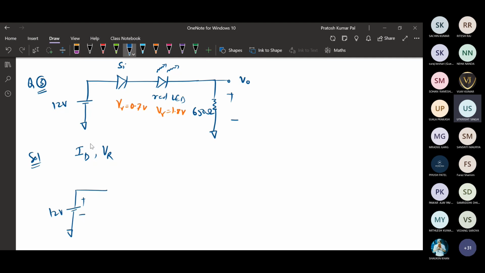First of all, we will consider whether this diode is forward bias or reverse bias. If it is forward bias such that the applied voltage is greater than 0.7 volt, the knee voltage, then it will be represented by its equivalent 0.7 volt. That is considered on mode. The cut-in voltage is 0.7 volt and the applied voltage is 12 volt, so it is much greater than 0.7 volt. So it will be in on mode, and it will be represented by its equivalent voltage.